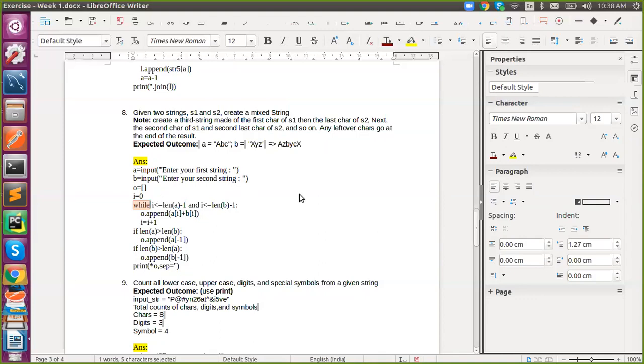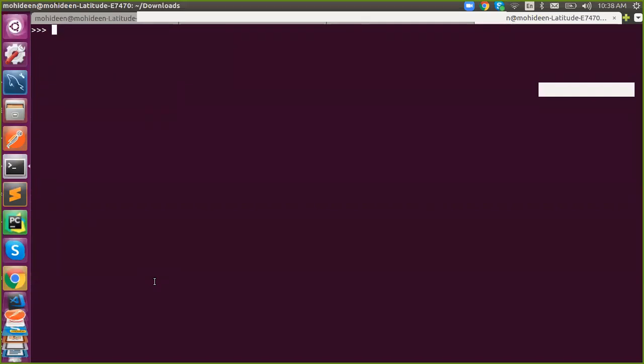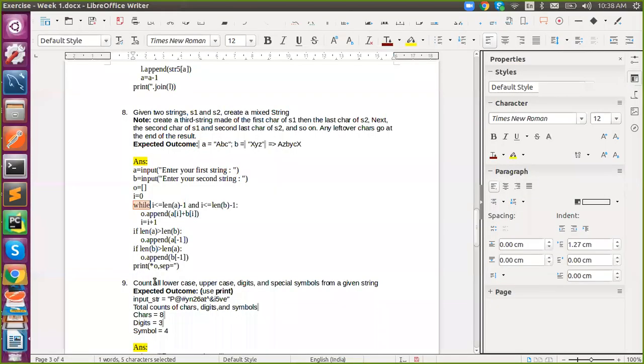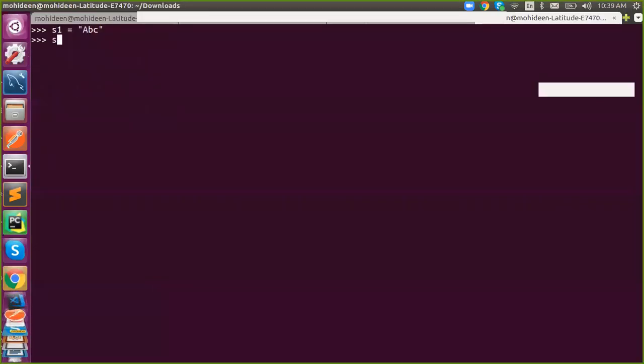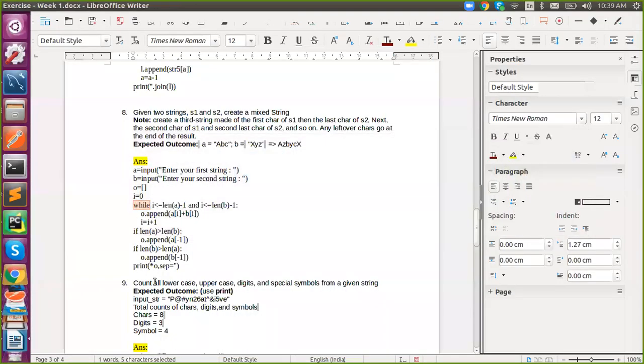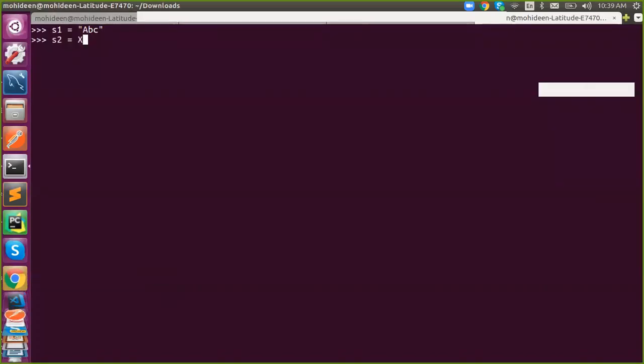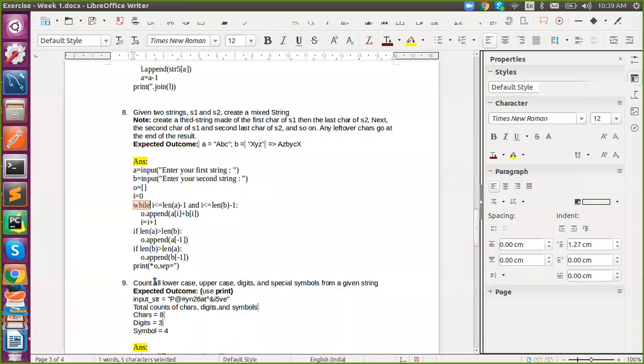So how can we simply solve this? You did something like that. Now we will sort the first string S1, A B C, right? And the next one, X Y Z. A simple problem needs a simple solution. So I always say just think simply. Don't confuse yourself. But you did a good try, so I appreciate it.